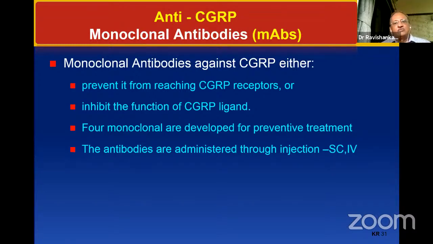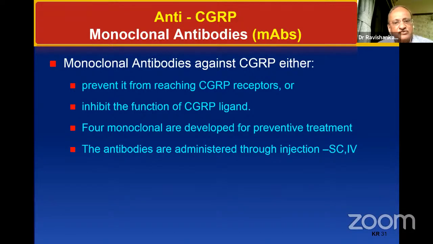And now you have what are called the small molecules, which I won't be talking about because they are all used for acute treatment of migraine in place of triptans. Two of them are being studied also as a preventive, but by and large, please remember that the small molecules or gepants are used for the acute treatment of migraine. For the prevention, what are we looking at? Now, the monoclonal antibodies, they are the drugs of choice for preventing migraine,